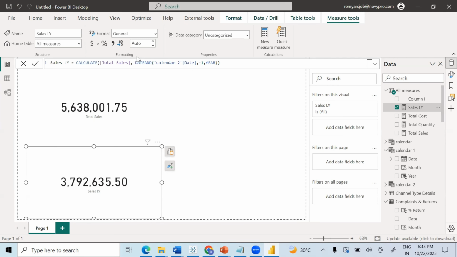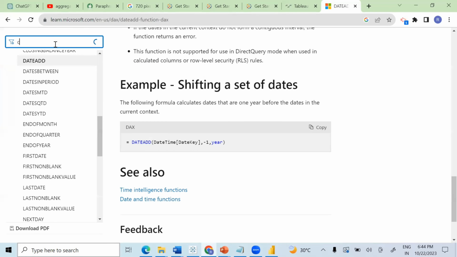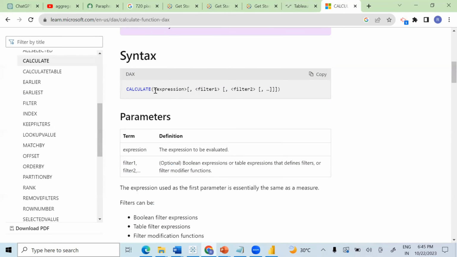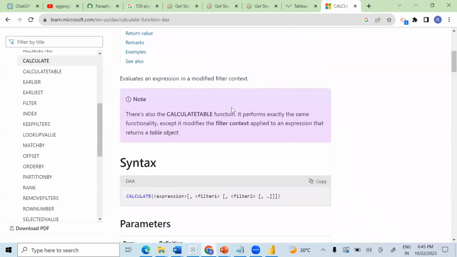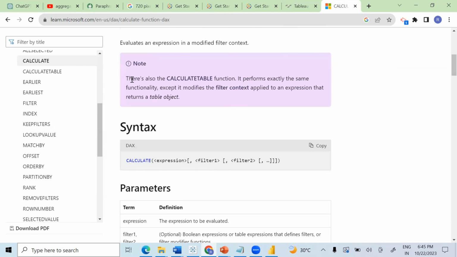So there is a function called calculate which is used to filter out some values out of a measure. You can check out the description of calculate over there. Calculate is a filter function. The syntax is like this: expression, and you can put multiple filters, not only one filter. You can put filter within filter. Nested filters you can use. And here it is written that